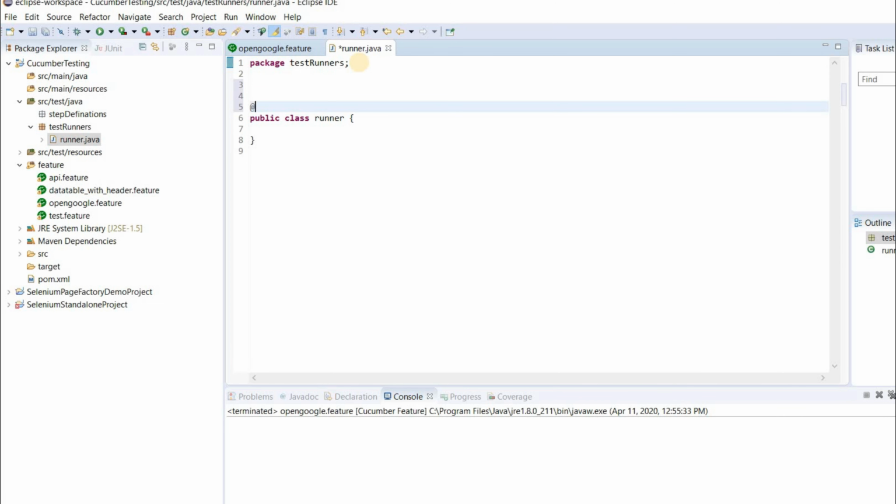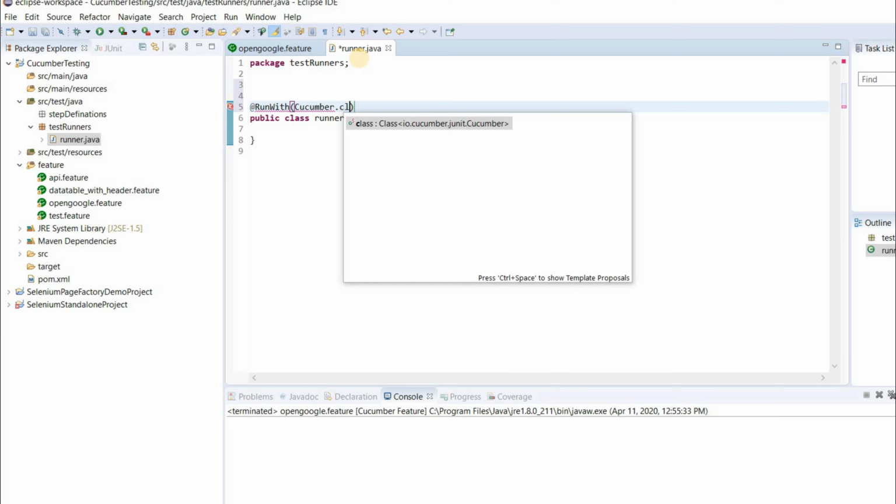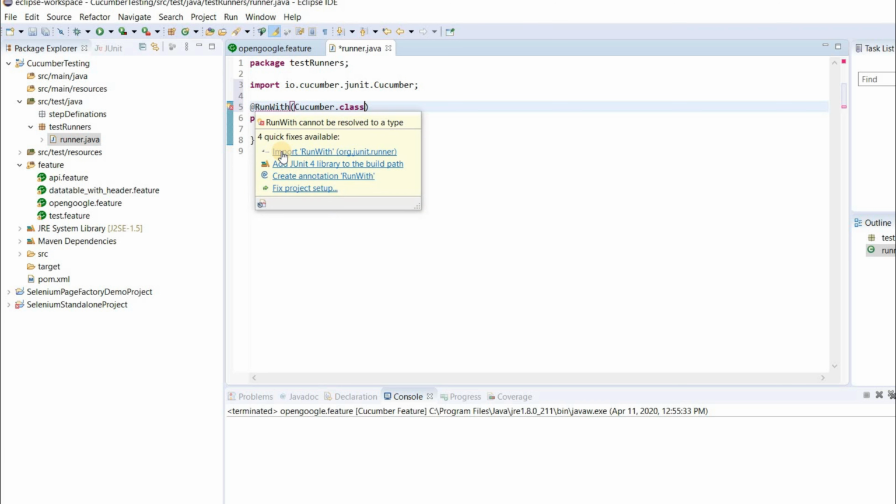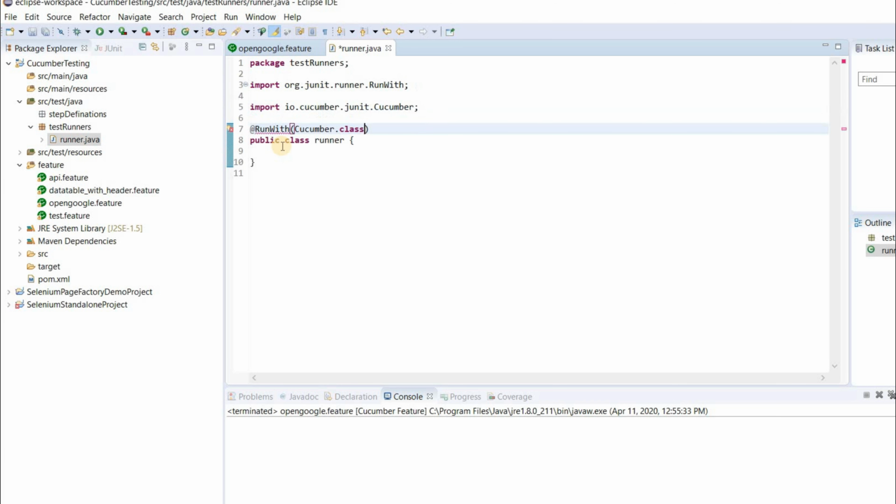Okay, so for that we will use some annotations. The first annotation we will use is the RunWith, and inside that you have to write Cucumber dot class. To get rid of this error, you just hover on that and click on import the JUnit class. Okay, now the next one is the Cucumber options.